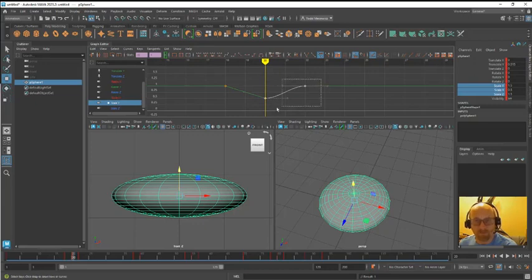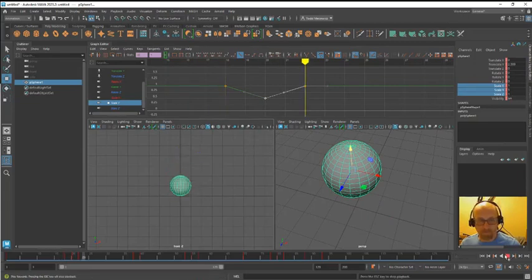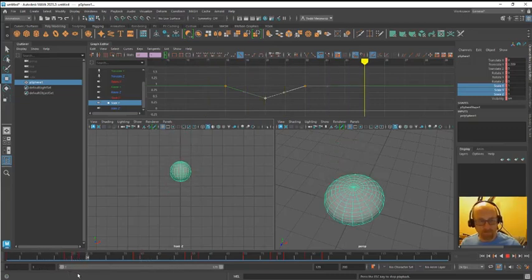The other way is just to select these and hit the linear tangent button shortcuts, and then that will just grab those handles and align them with one another. So yeah, this is kind of the idea. And if you have any further questions, please feel free